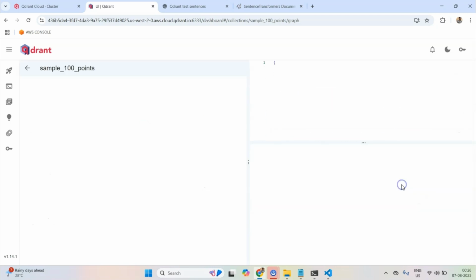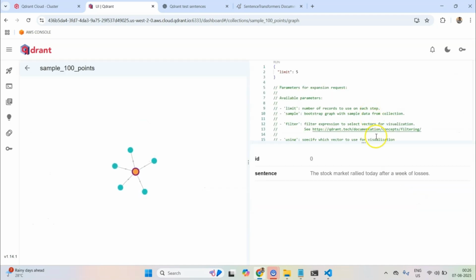So let's open the graph. You see this, and on the right you see the ID and sentence of the highlighted one. If I move my cursor to this, you see farmers markets are seeing a rise in organic sales. If I go here, a tech company announced layoffs. You see all the negative news here.